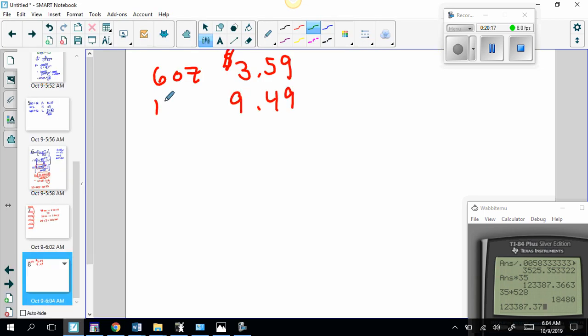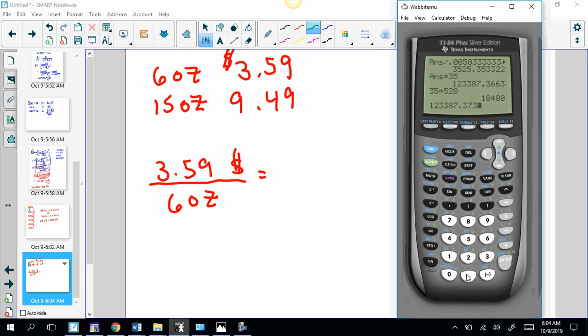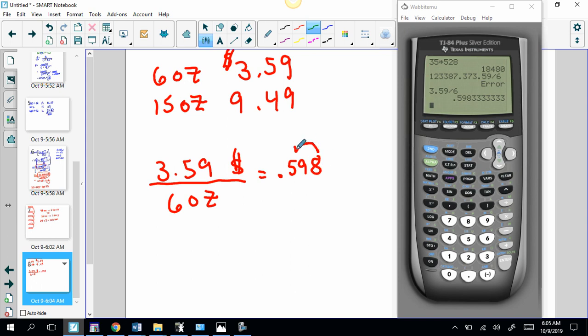So you got $3.59 per 6 ounce. 3.59 divided by 6. Let's double check. Felt like 5 ounce. Nope, 6 ounce. 0.598, i.e. $0.60 per ounce